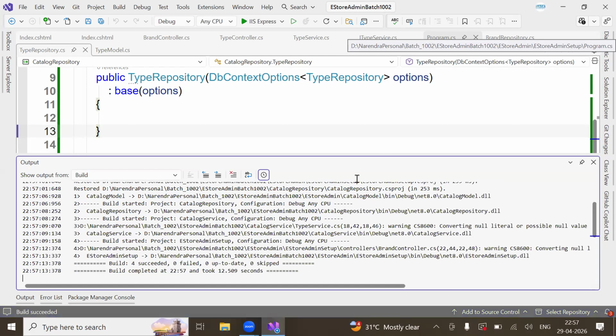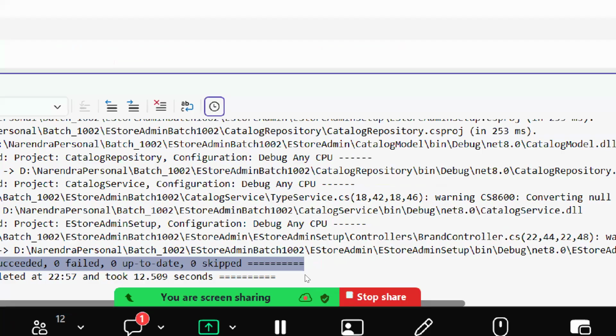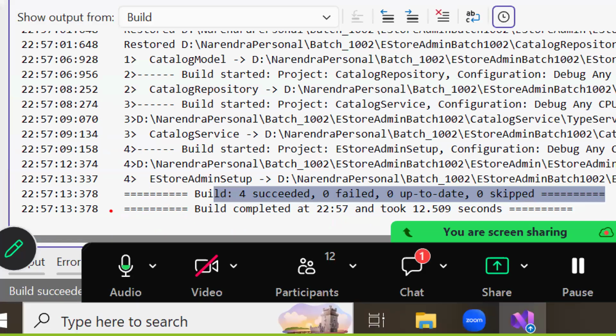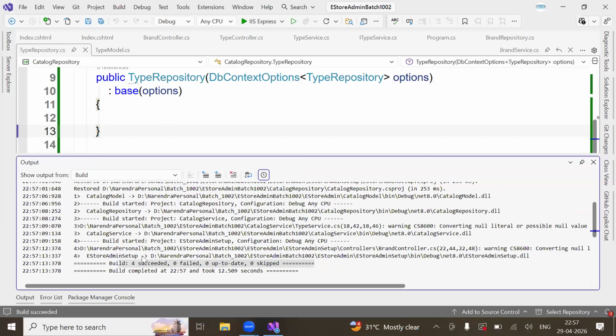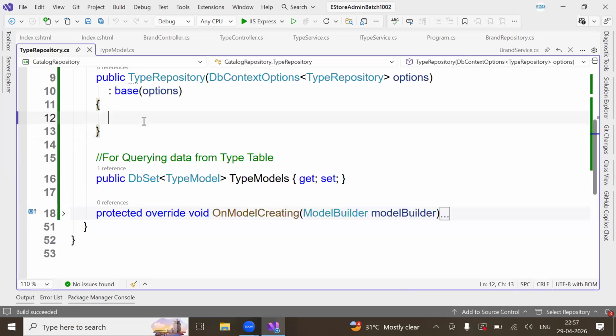Okay, done. Everything is no issues. All four are succeeded. You see, everything is succeeded or not? All four projects succeeded. Whatever code I wrote doesn't have issues. Correct me if I'm wrong. Say yes or no. Yes, sir. Okay, now I need to run a migration script for this type